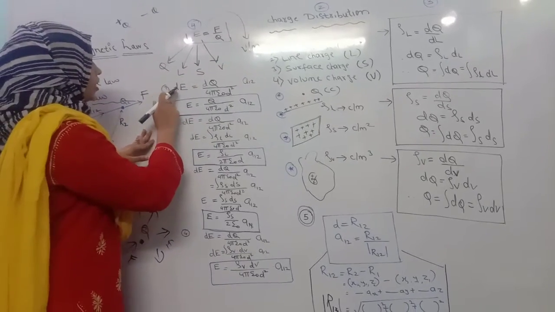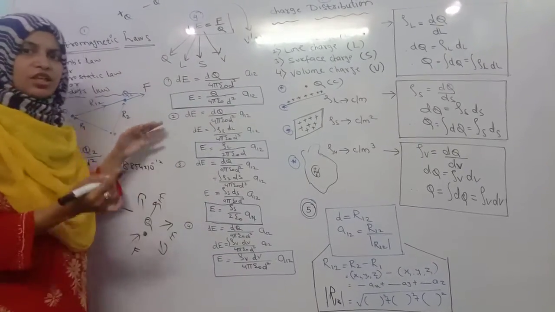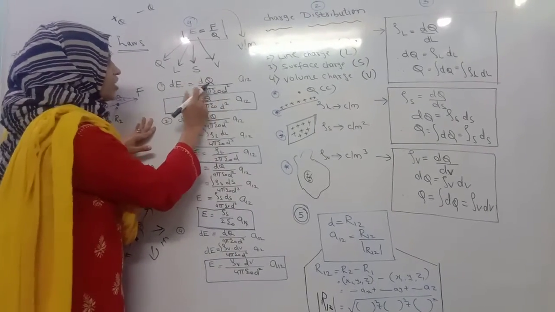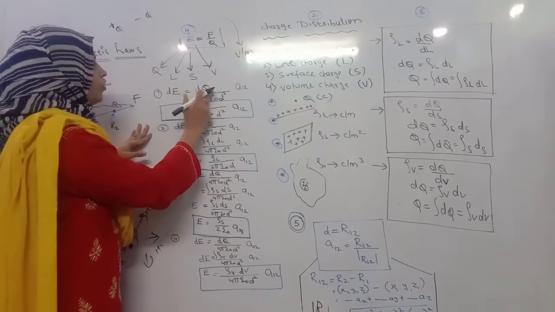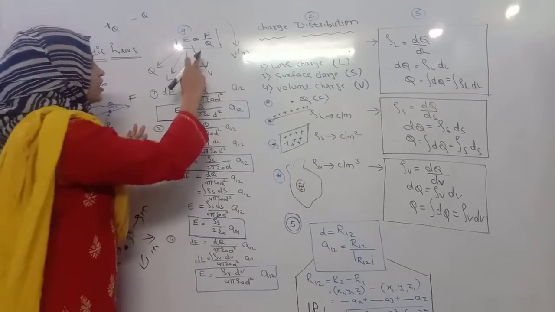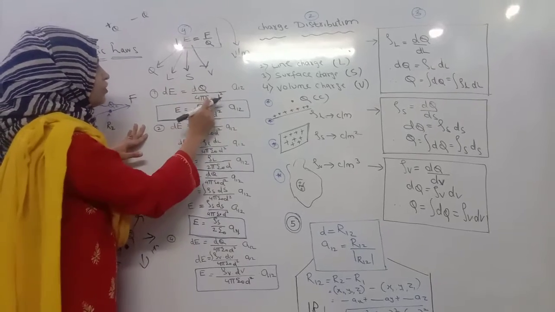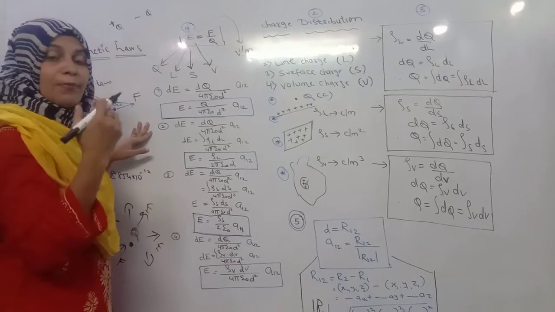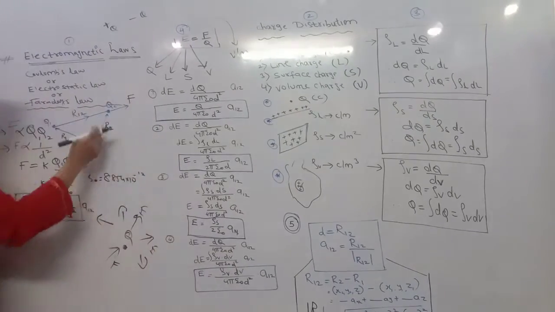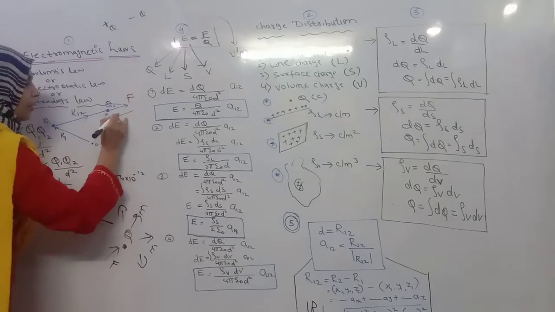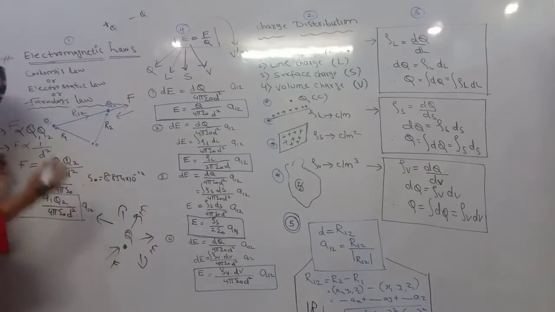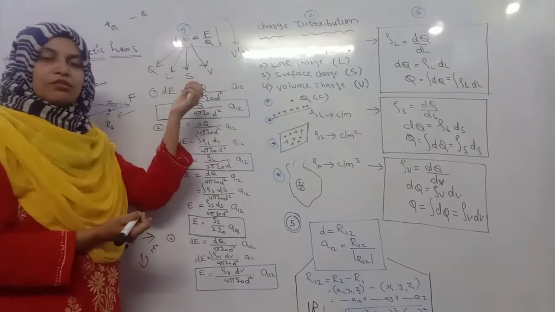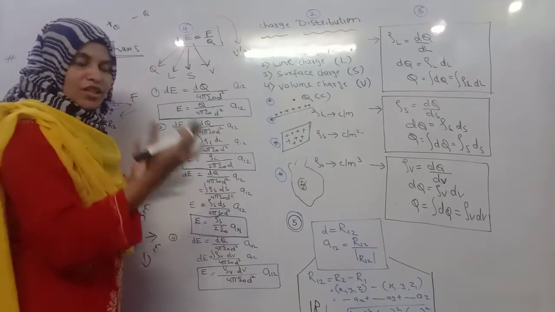Now if you are interested in finding the differential electric field intensity with respect to the charges, that will be dq. How did you get this dq? Because F is nothing but the two charges, the denominator is q, and q will be cancelled out. In this way you will get 4 pi epsilon 0 d square. Here there is a unit vector, because I am interested in a particular direction, whether on this side or that side. That is what I have mentioned here, my unit vector. I am focusing on the direction.